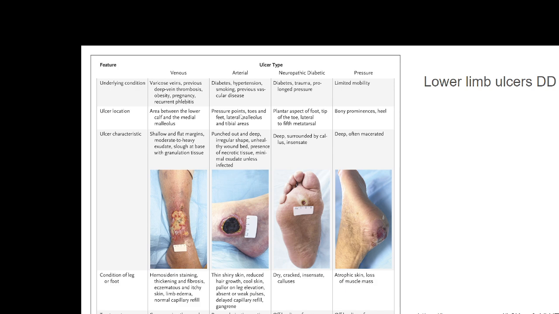etc. Whereas in the arterial ulcer, you will have complications like diabetes or hypertension, smoking, etc. Neuropathic ulcer is often produced with either diabetes or nerve injury. Pressure ulcer, where there would be reduced mobility or some trophic factors. Location of the ulcer in case of varicosities is usually in the lower calf towards the medial malleolus at the shin or gaiter area.